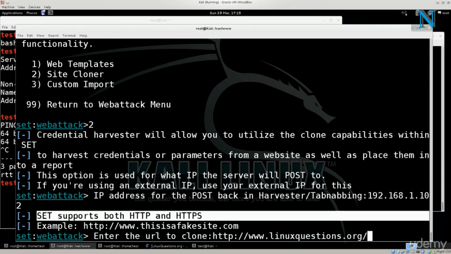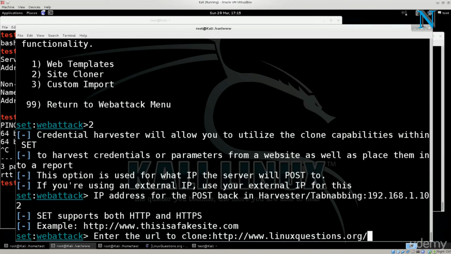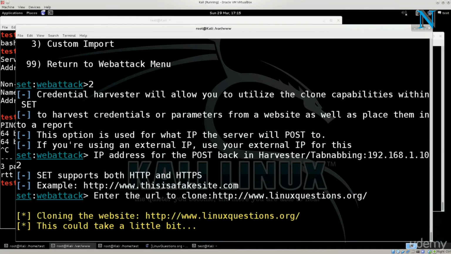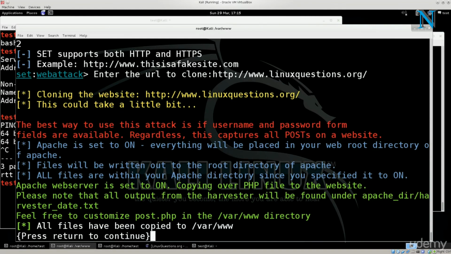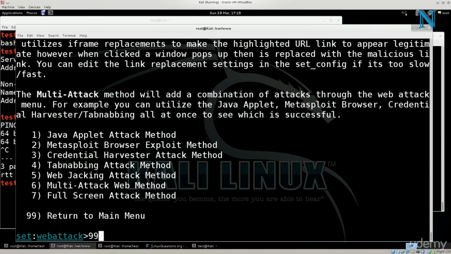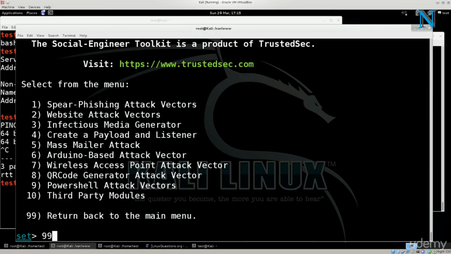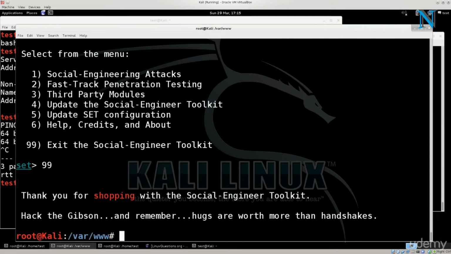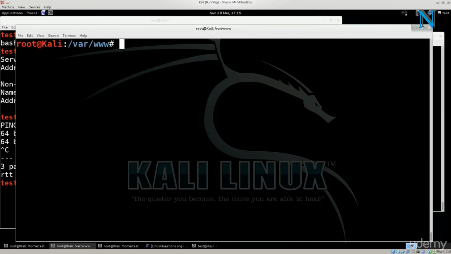It says right here in the title. And I have tried it out with some HTTPS sites. It does indeed work. No problems at all. Okay, so let's go. It's cloning it. This could take a little bit of time, and there are a lot of tutorials out there on the net. They basically say that you should wait and stay here, but apparently with the newer versions of SET, you can't. So just go ahead and press enter, 99 to exit, 99 to return, exit social engineering toolkit, clear the screen,